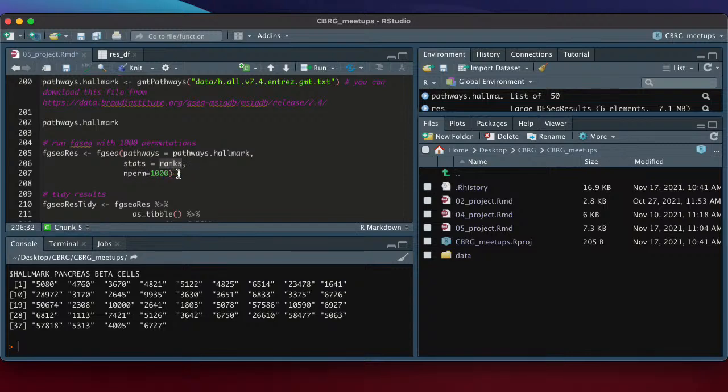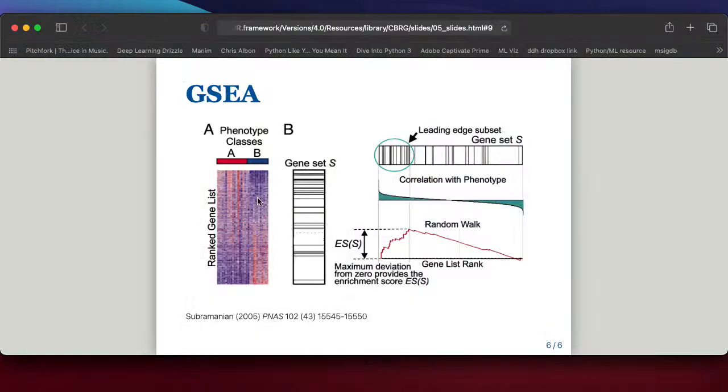Finally, there's this nperm term that I didn't cover. In this case, we calculate an enrichment score, and that's great. But what does an enrichment score by itself mean? Is it high? Is it low? One way to address this is to take this gene set S, work out how many members are in it, and then randomly construct other gene sets that contain the same number of genes but different gene members.